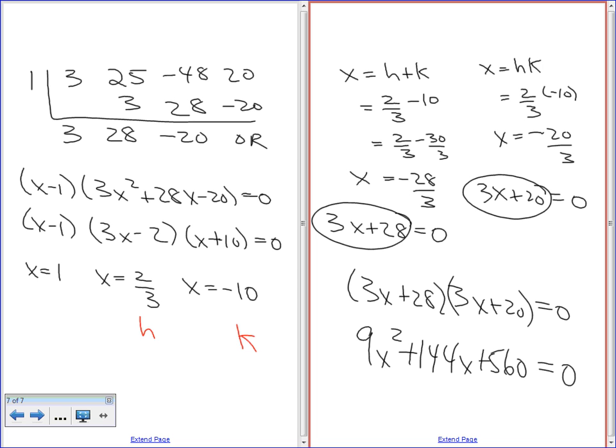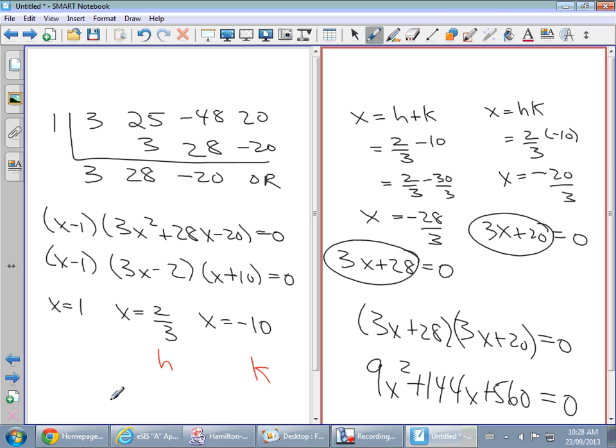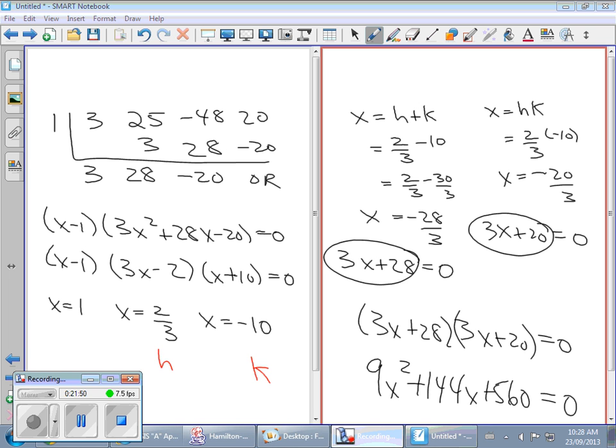So this is a quadratic. If you factored this quadratic, it would factor to that. You solve the factors, you get that as an answer and that as an answer. And that's the quadratic equation whose answers are h plus k and h times k. Make sense? Okay, so I'm going to save